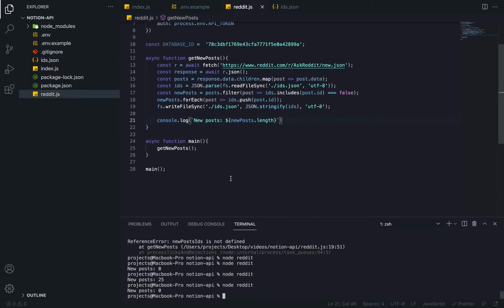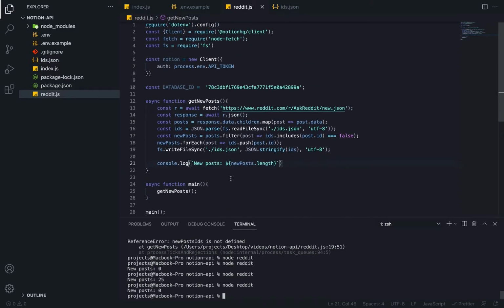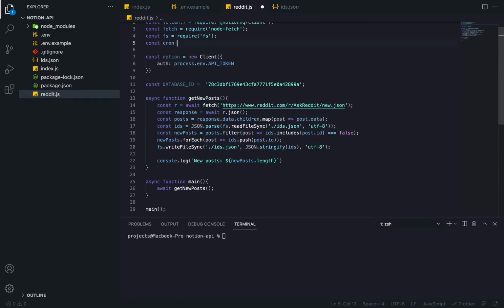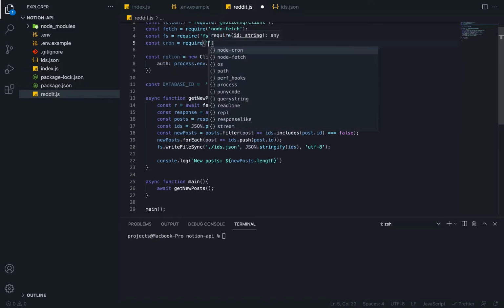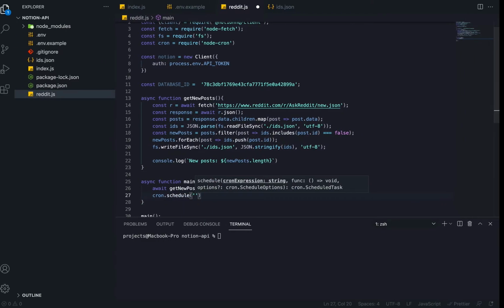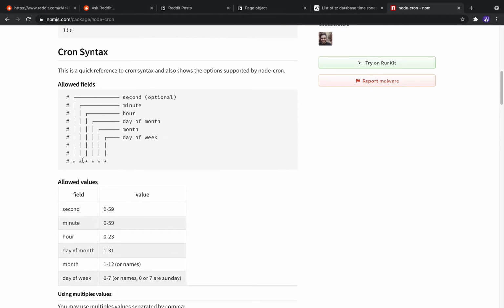Now let's see how we can make this run every X seconds. Okay, so the next thing we need to do is include cron from node-cron, which we previously installed, and this we will use to schedule the fetching task in our program. So here let's do cron.schedule, and here we should pass a cron expression. This cron expression is something like this. So here we have the second, the minute, the hour, the day of the month itself, and the day of the week. So this is to determine when our bot